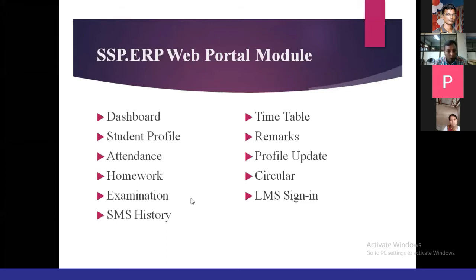And also we have the circulars, in which you can send any kind of PDF files. For example, if you would like to share some info on behalf of the school, such as some programs or timetables put in the letterpad, that can be circulated to the students or to a specific class. It can be done also.